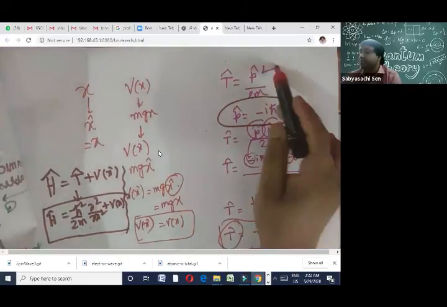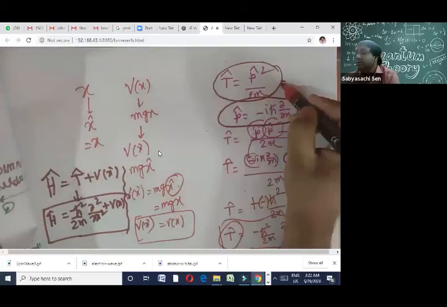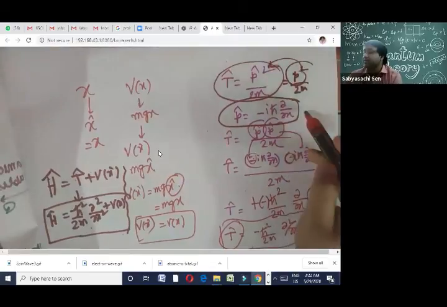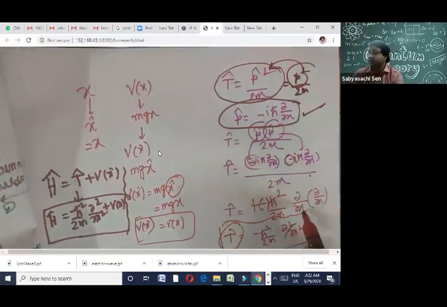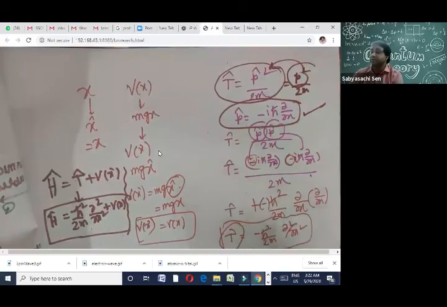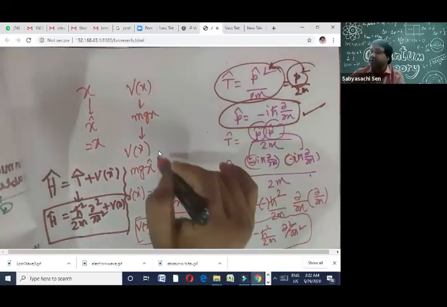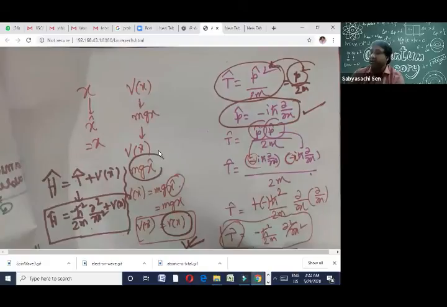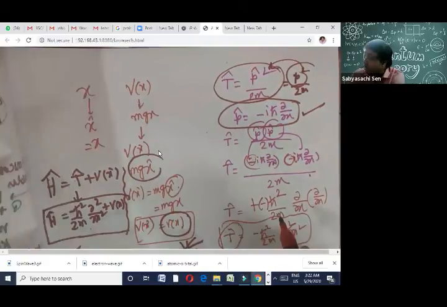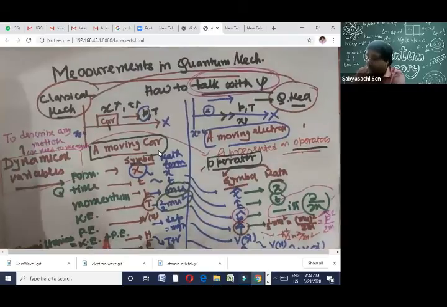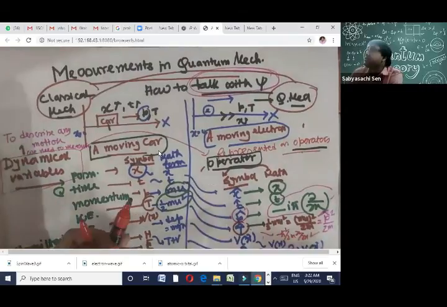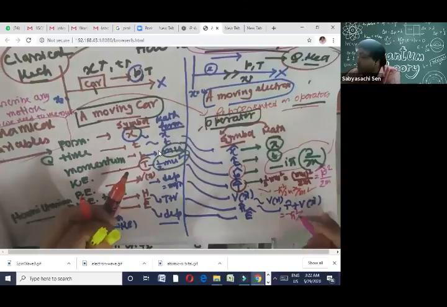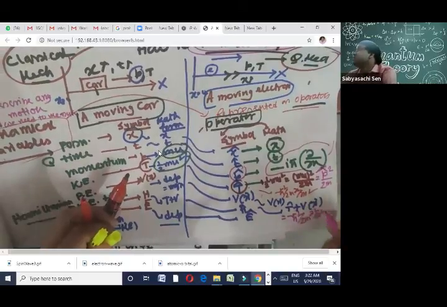If you remember T, you only need the formula of p cap. Everybody knows from school that kinetic energy is half m v square, that is p square by 2m, and in operator form, p cap square by 2m, where the p cap operator is this. This much multiplication you can do at your age, so you can calculate this T cap. And because x does not change, potential energy, a function of x, also does not change. If you add T and V, you get the Hamiltonian. So you don't have to remember it. The Hamiltonian operator from this expression is therefore minus h cut square by 2m d2 dx2